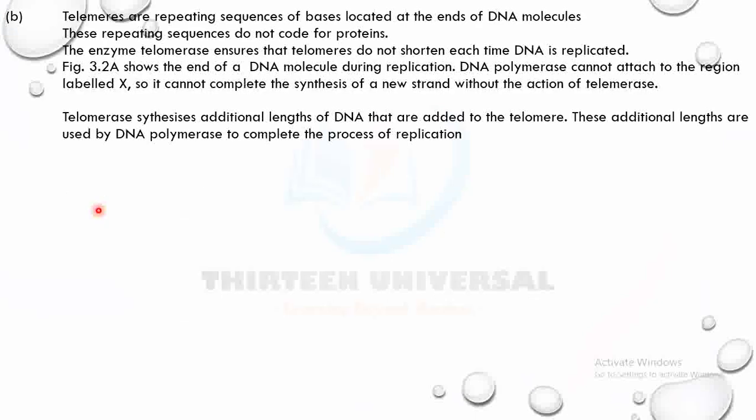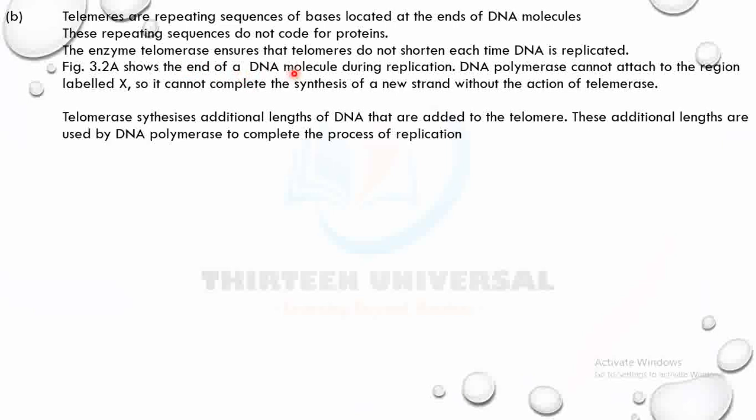Okay. So telomeres are repeating sequences of bases located at the ends of DNA molecules. These repeating sequences do not code for protein. The enzyme telomerase ensures that telomeres do not shorten each time DNA is replicated. Fig 3.22a shows